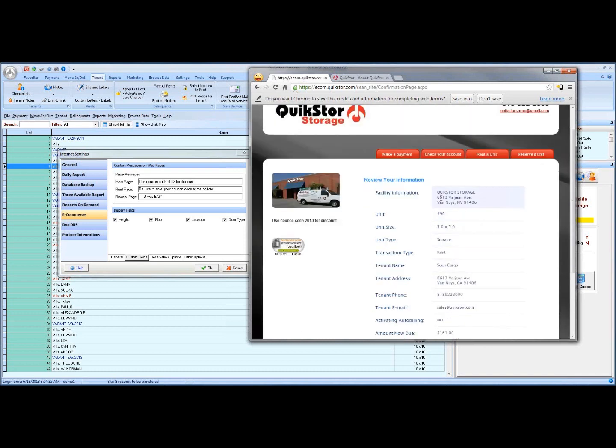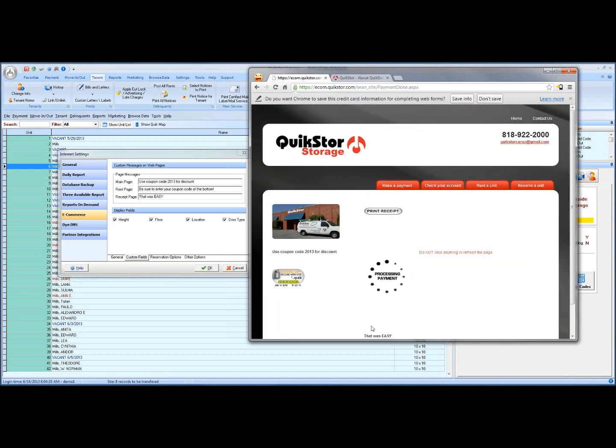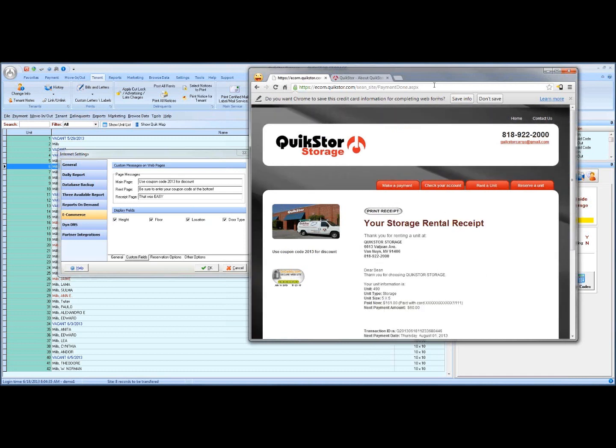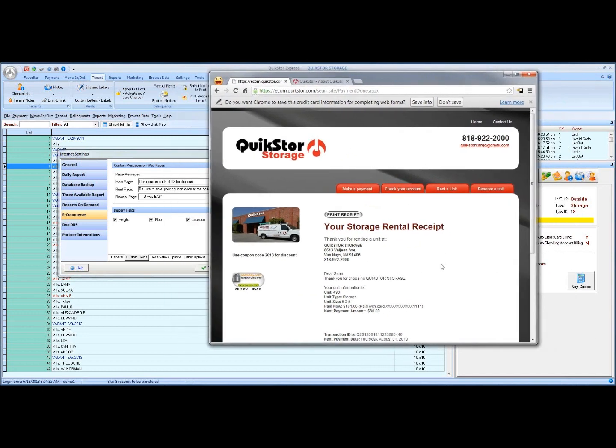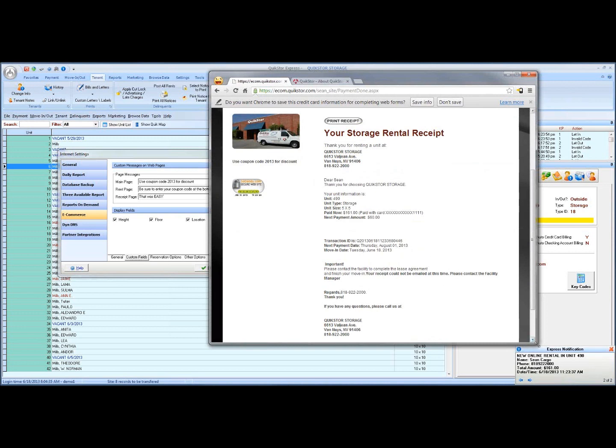So this is going to go through. It's going to show where I'm renting the unit from, which is just confirmation. So we see everything. You can verify that everything is correct. And you see that receipt page, that was easy, is listed right here. Now we have your storage rental receipt. It's all right there. And as you can also see, we just did get the pop-up that shows the rental. It rented unit 490, which you can see is true on the page. You can see what they rented, what card they paid with, and right here,